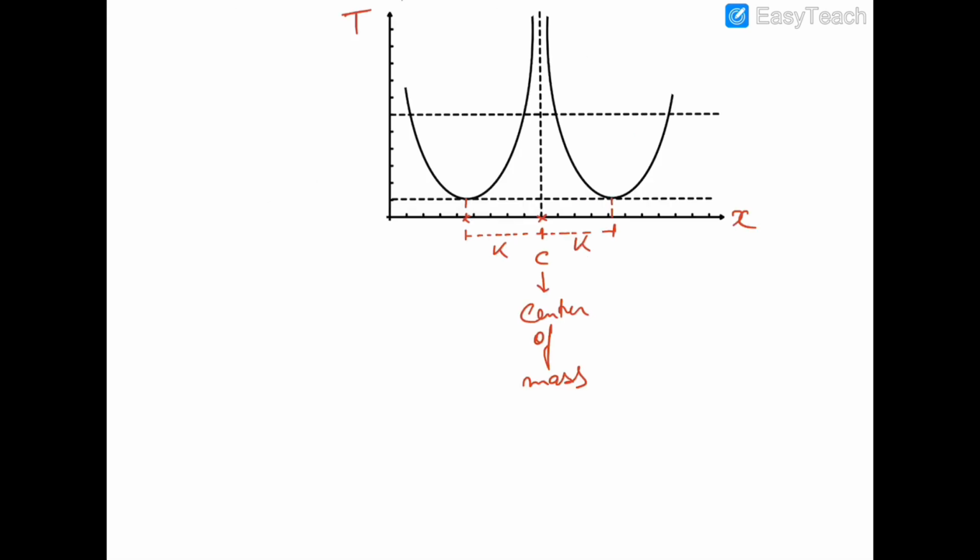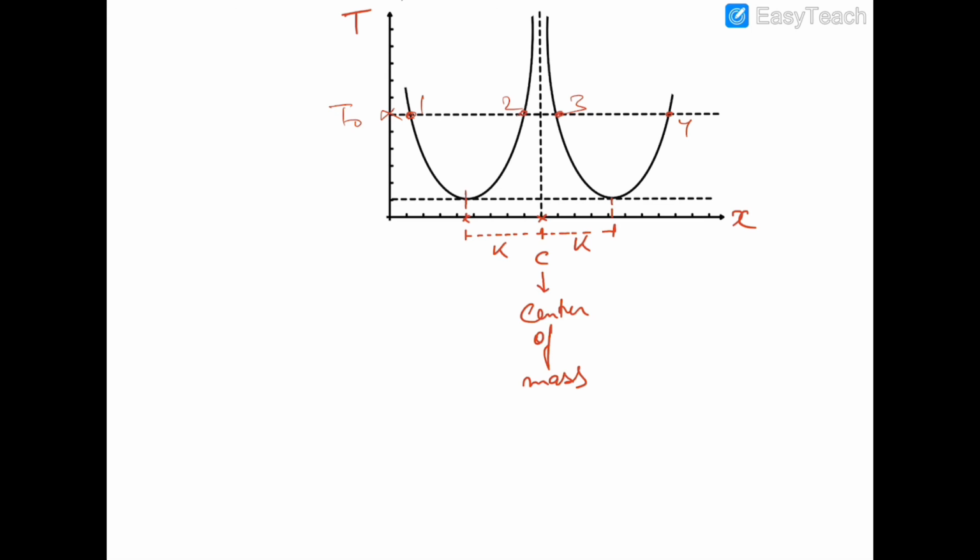So if we plot the graph of the time period with the distance x from any end of the rod, then you can see that this is the graph, and this line cuts the graph at 4 points. This is 1, this is 2, this is 3, and this is 4. So there are 4 points about which, if we hinge this object, then the time period would remain the same. Let's suppose this is t0. So this is a very important factor.